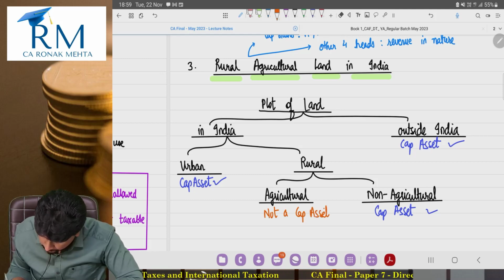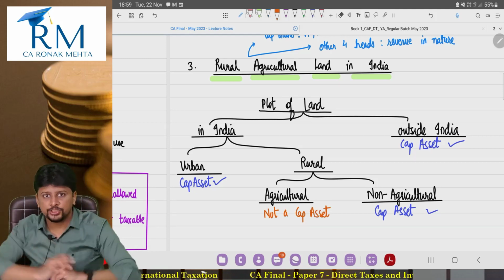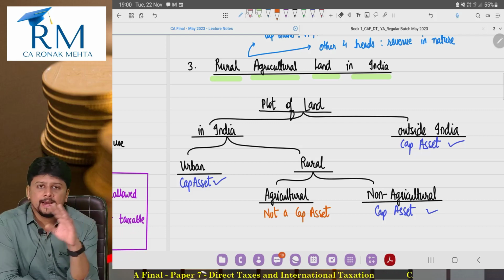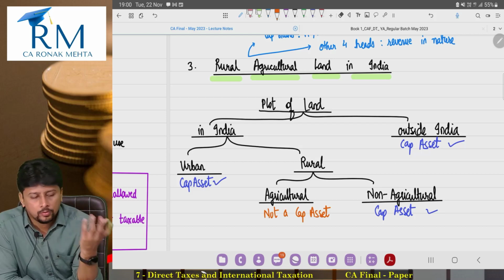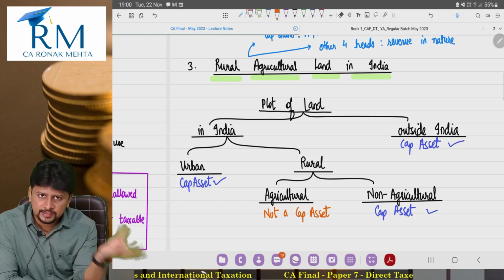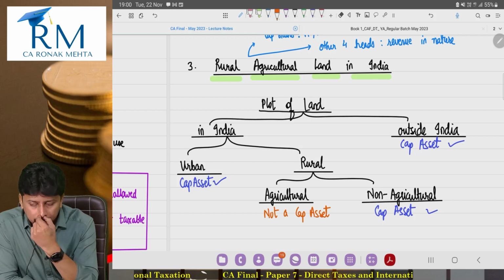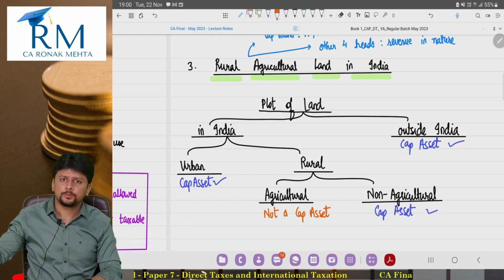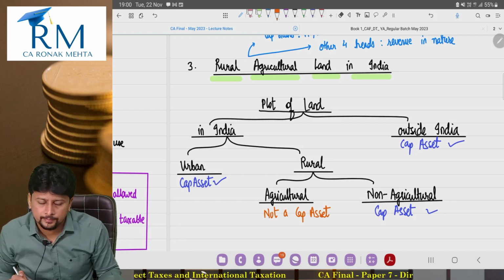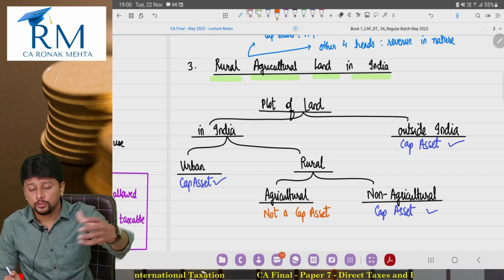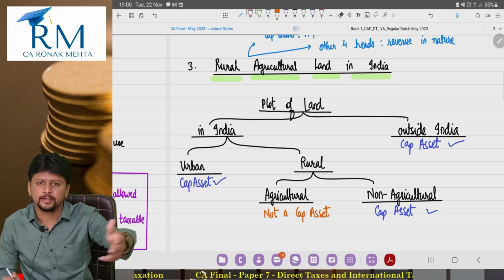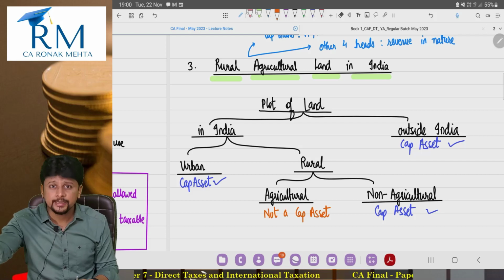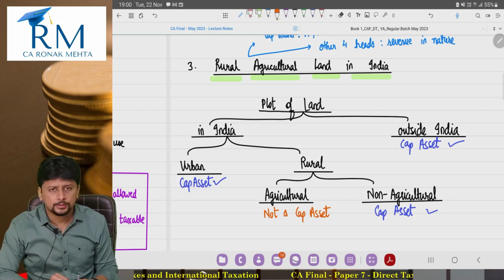So now when you analyze this chart, you have one doubt. Sir, in India, outside India, we easily understand. Okay, nobody needs to explain where the land is. Sir, second, used for agriculture purposes, used for non-agriculture purposes, that's also easy to understand. If you are using the plot of land for cultivation activity, farming activity, it is agriculture use. If you are using it for non-agricultural business purposes, industrial purposes, non-agriculture.